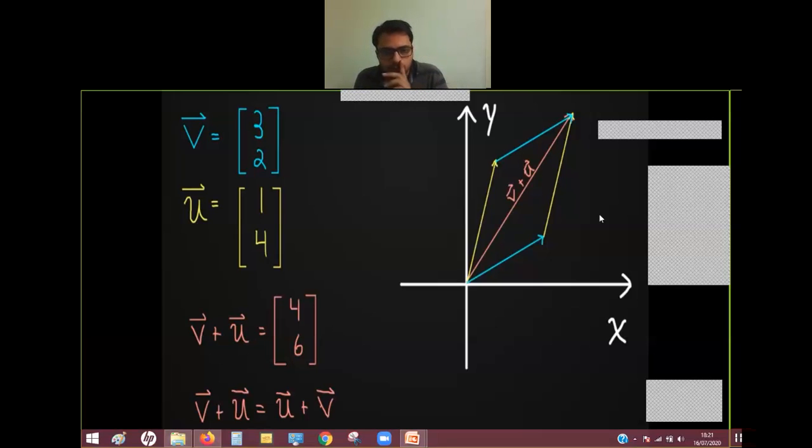This is one of many axioms which need to be satisfied to call any vectors on any space a vector space. So till now we have seen vector addition. The zero vector will be understood in detail in the next slides. So this was all about vector addition.